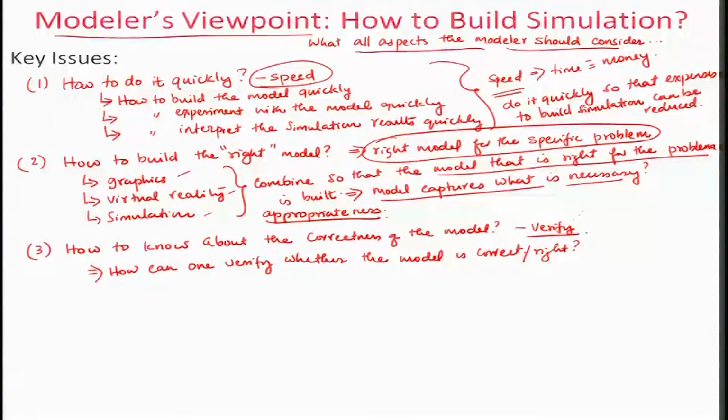Okay. So, this concept of verification is basically, in a way, certification that the model does what it is supposed to do.